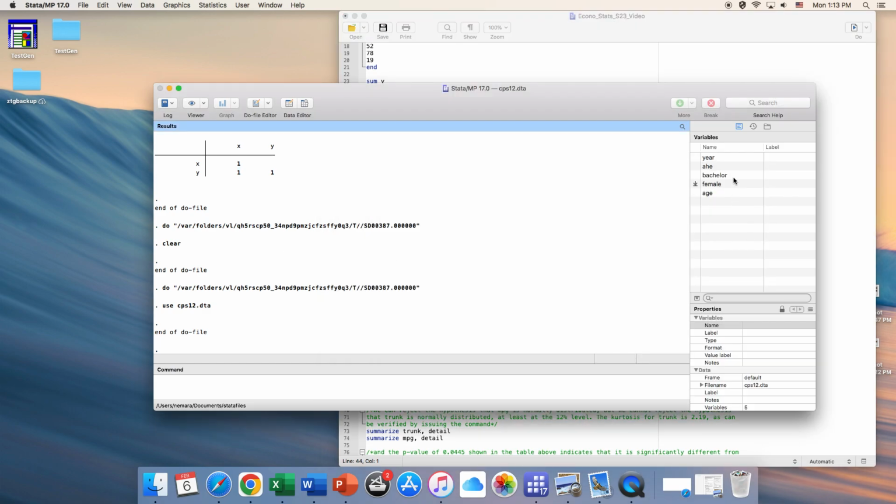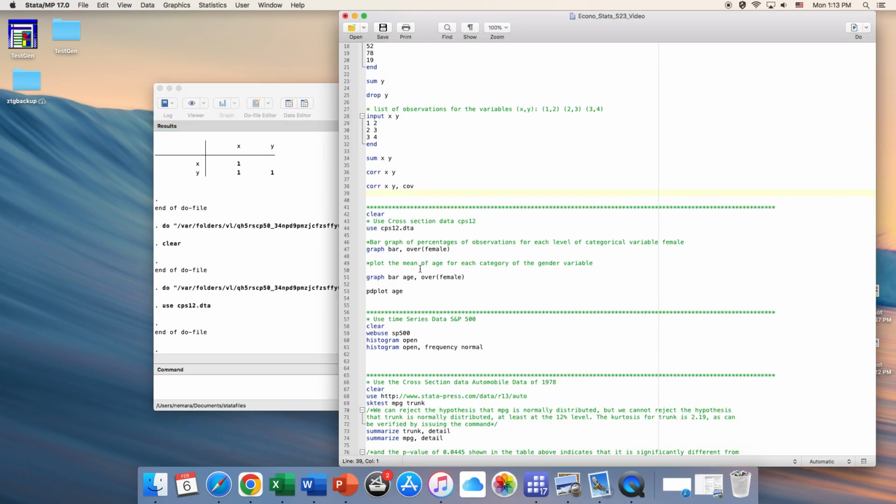Suppose that the CPS 12 is the data on average hourly earnings, and how earnings are affected by education level, whether the person has a bachelor degree or not, whether the person is male or female, and the age of the person. So given this data set, let's see if we can get the bar graph